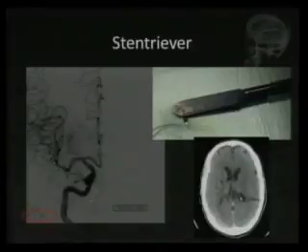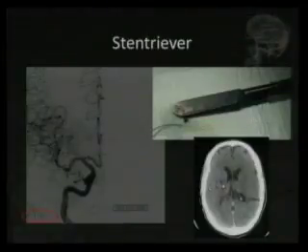With some luck, we get a piece out. In this case, we got that piece out after 3 passes. So we pull everything out. If it doesn't come back, then we go back in again, do the same thing, go past the occlusion, deploy the stent, pull everything back again, and we repeat that until we get it out. So after the 3rd pass, we got the little piece out, and now you can see the distal, how it should look, which is all these vessels